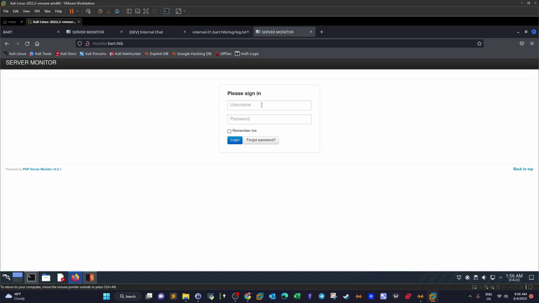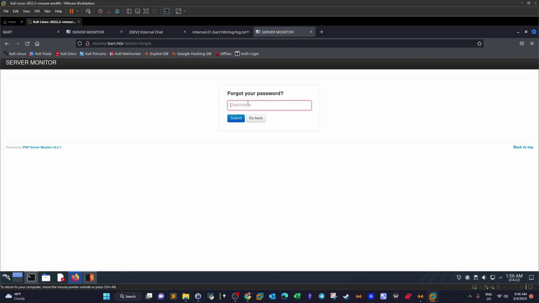Now the next step is, as you can see, we have a login form. Now when we encounter login forms, we can try SQL injection. I'm giving you some options that you can go with in any typical scenario. So we can try SQL injection. We can try to brute force the password using Hydra or Burp Suite, or in this scenario, it was a bit different. If we click on forgot password,